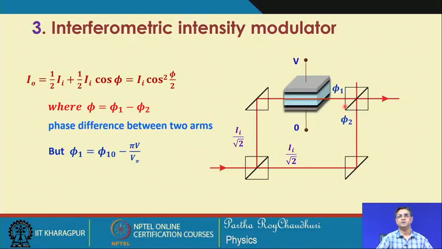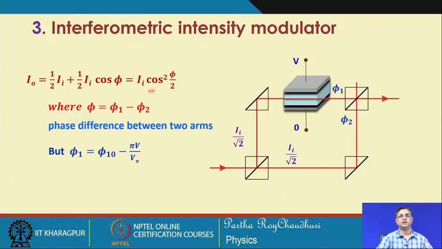Now, when these two waves are mixed at one of the outputs, this is one output and this is another output, depending on the phase, if the phase difference between these two is pi, then there is no light here, and if the phase difference is 0 or twice pi, you will get the maximum intensity, or depending on the phase, it can have any intensity distribution between these two. So, any one of these outputs can be used as an intensity modulator.